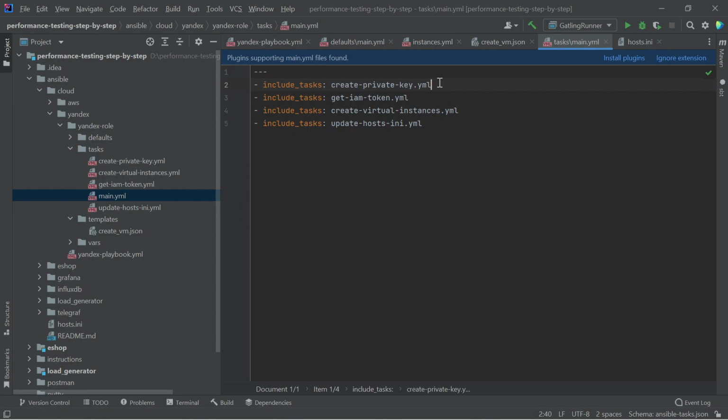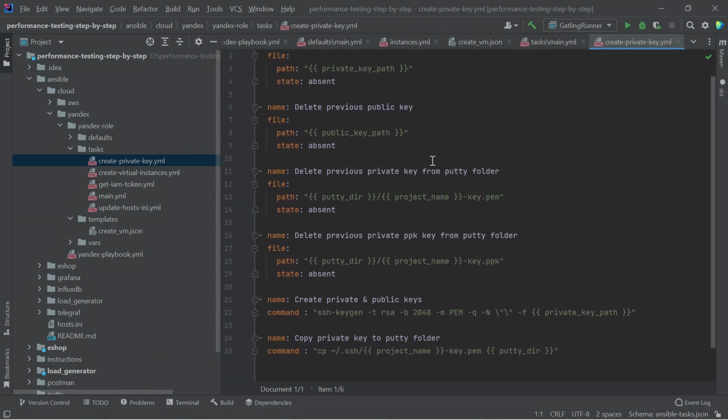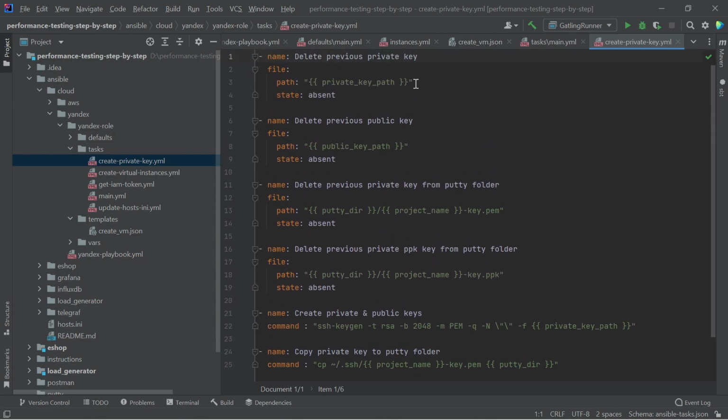First, the task of creating a private and public key will be launched. Each step of the task has a name, from which it is clear what it is responsible for. Let me briefly tell you about each of them. First, we delete the private key if it was created by us earlier.